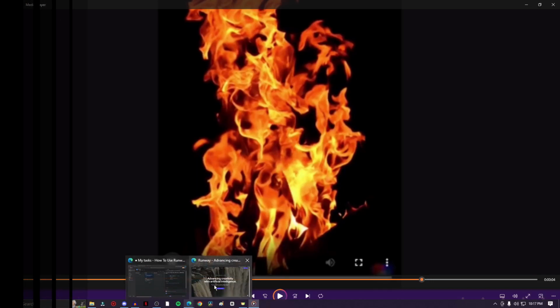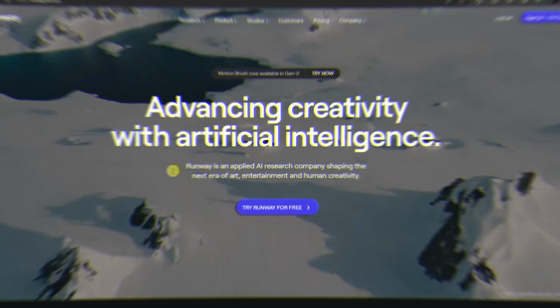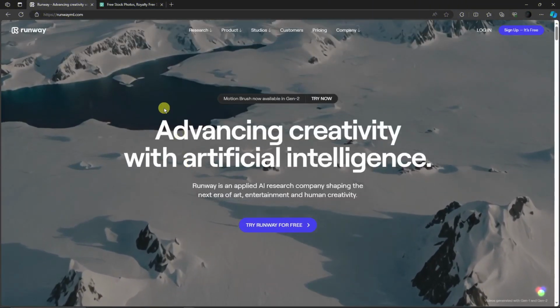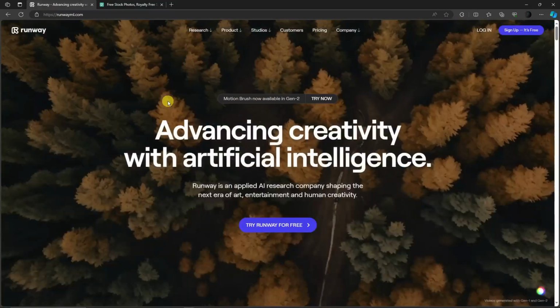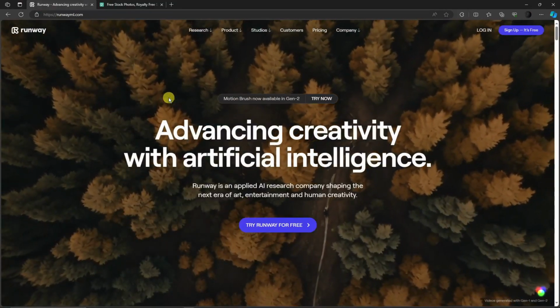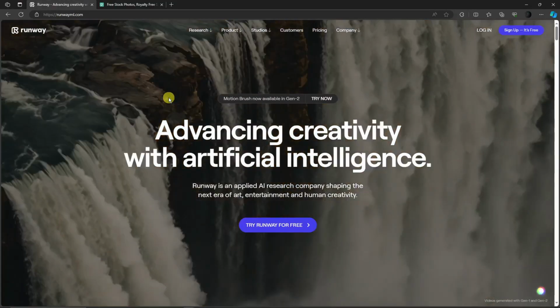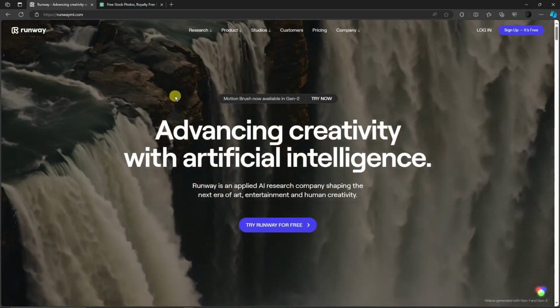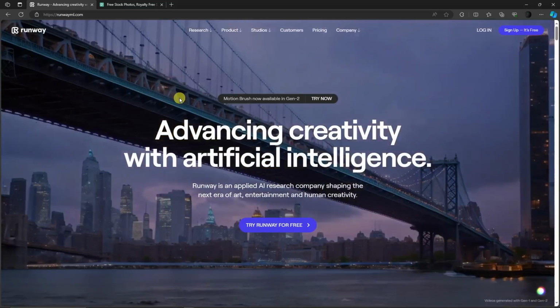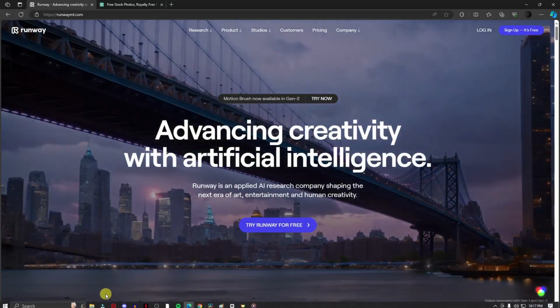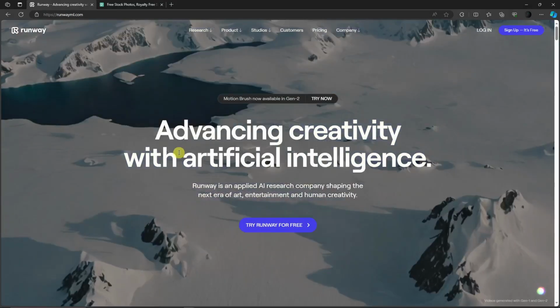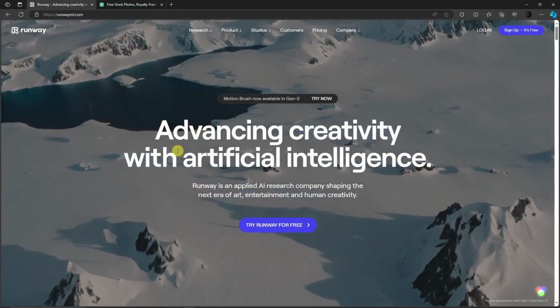In this video, I'm gonna teach you how to use this new feature, Motion Brush, available for Gen 2 of Runway ML. And this is their website, and technically Runway ML is the leading text to image or image to text software out there. So currently, I'm gonna ask you to have a spare photo, much like the one I had earlier, a flame, and I have a website for you to get them for free and royalty free